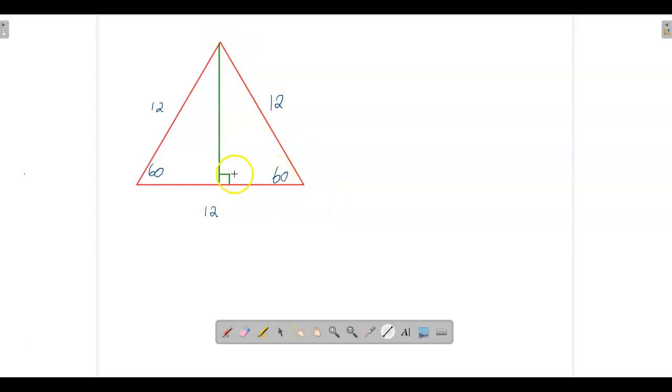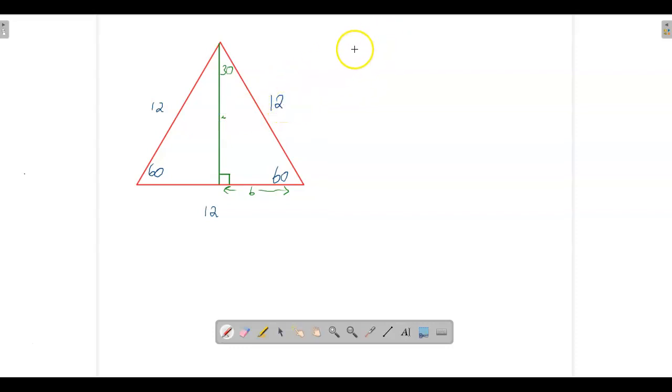Now, because this is 60 and this is 90, this one up here has to be 30 degrees. And because I've split this line in half, this part of the line here is 6, from there to there. And now I can work out the missing side, this one here,